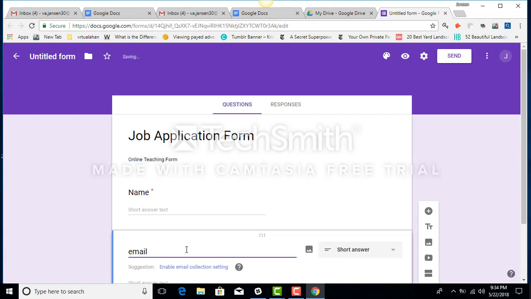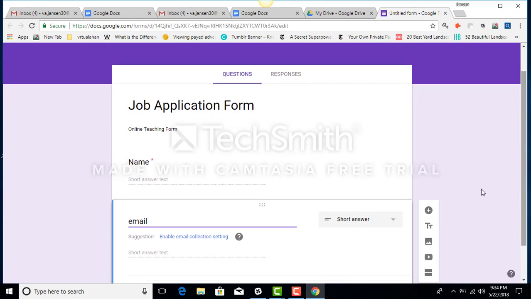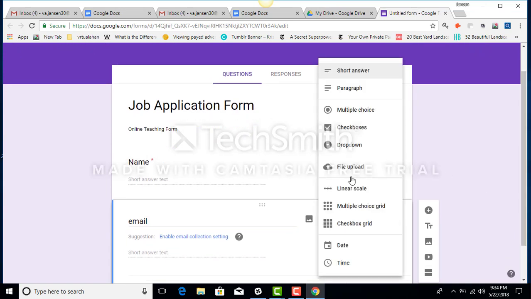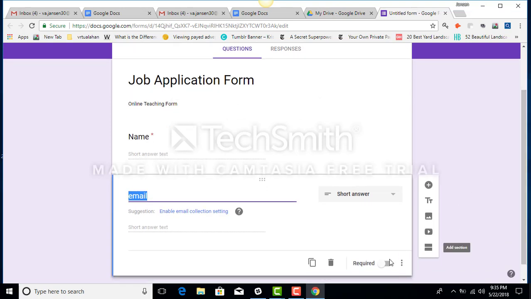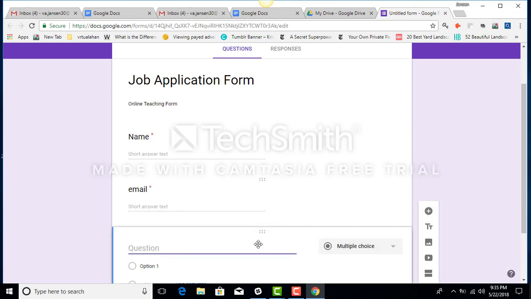Email. Okay, have you seen the red asterisk already? It's in there. Then email is just short also, so I'll have it short answer. And I also want it to be required. Then I will add another question. For example, because we are hiring an online English teacher, there is a time that we'll have the interview. So I will ask for the